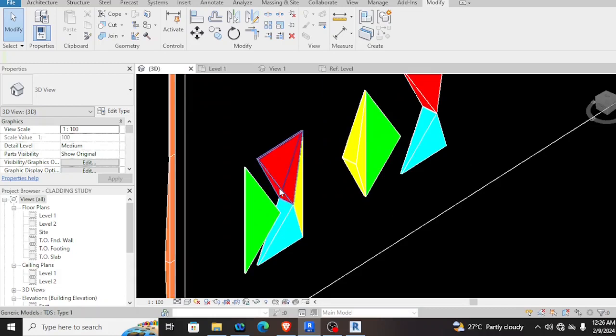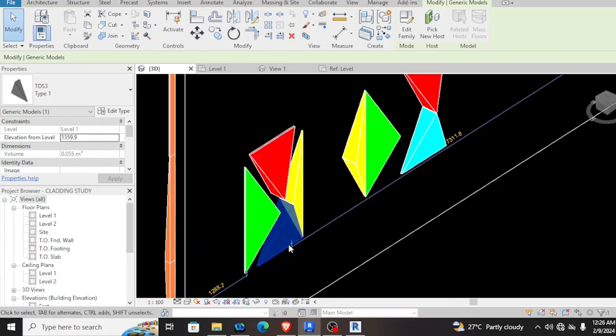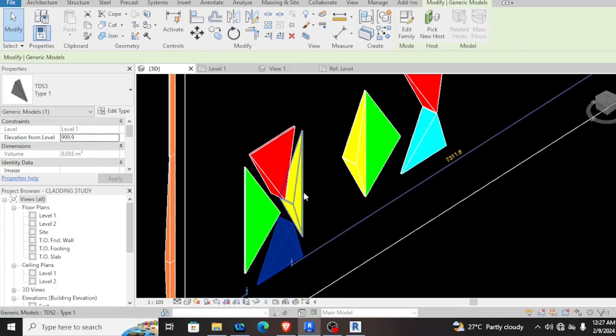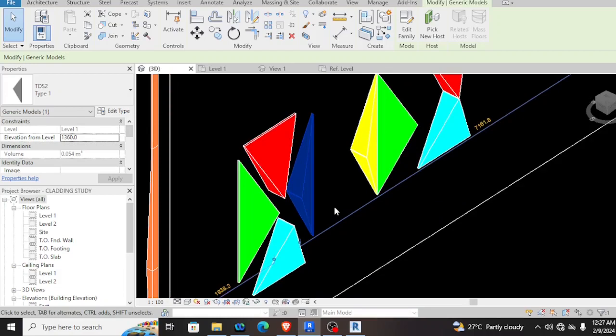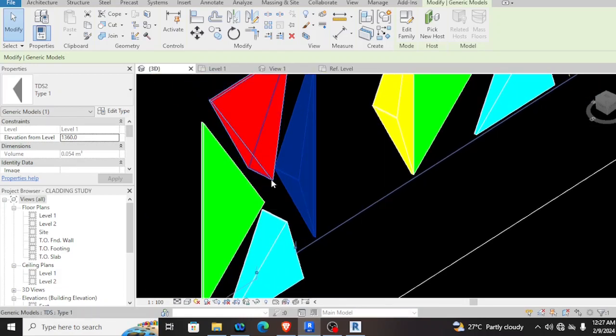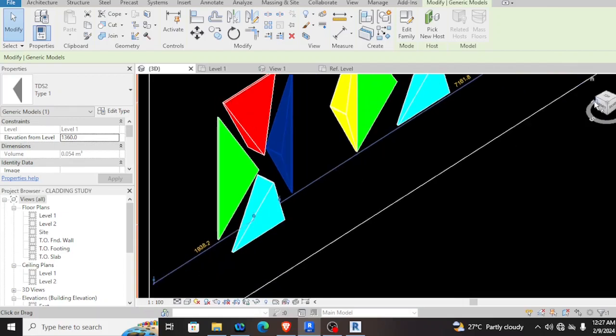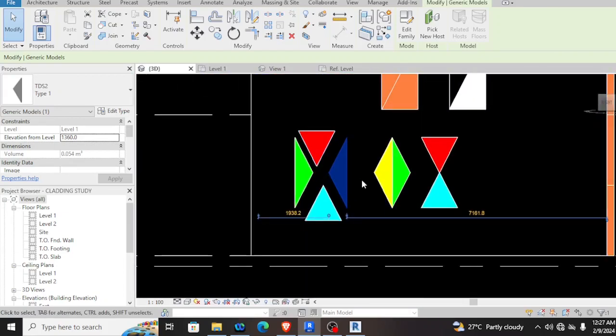That's why I made this four parts diamond shape. Look at the thickness, guys. It's different. This is the higher sloping, and sloping down to the top. As you can see, it's a diamond shape.